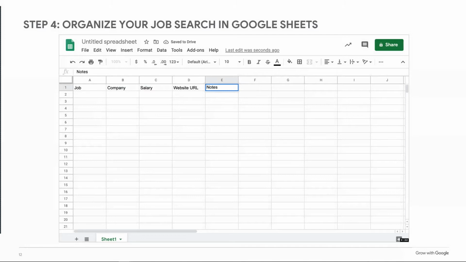For example, I should have added location to my job tracker. I did not realize when I applied for this job that the location was in Blanding, Utah. I thought I was applying for Logan, Utah, for the main campus of Utah State University. So small things like that are going to make a big deal when you are applying for a job. If your location matters, you're going to want to track where you're applying for a job and make sure that you're keeping track of that information.